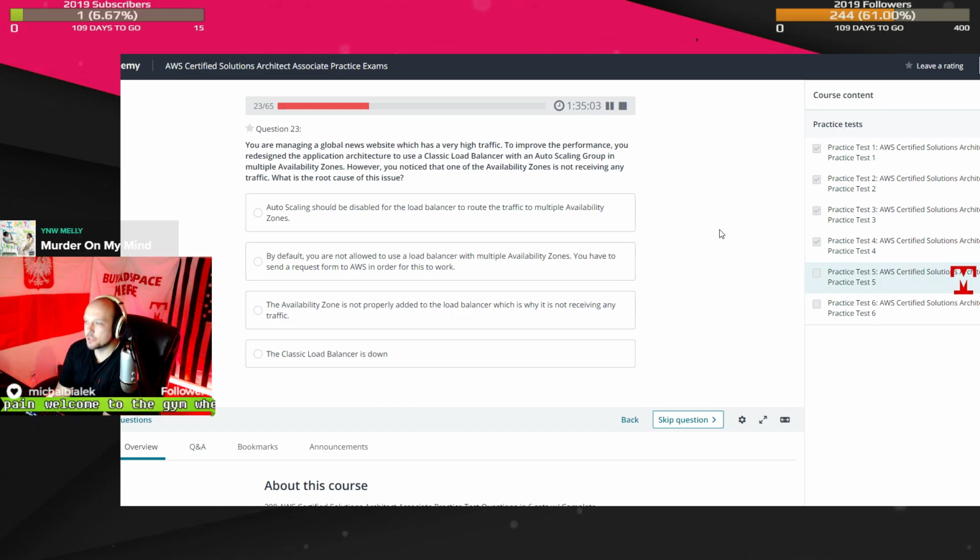Alright, you're managing a global news website. To improve the performance, you redesign the application architecture to use a classic load balancer with an auto-scaling group in multiple availability zones. I don't think this is worded correctly. However, you notice that one of the availability zones is not receiving any traffic. What is the root cause of this? Auto-scaling should be disabled for the load balancer to route the traffic to multiple